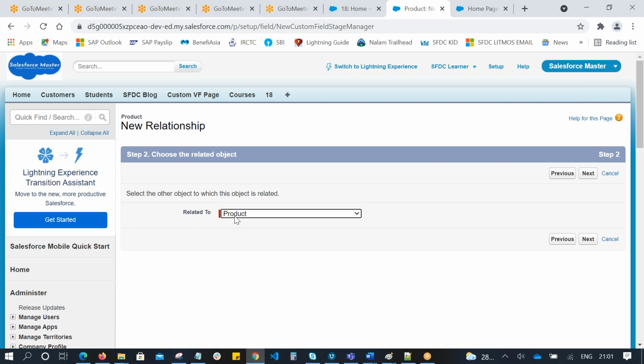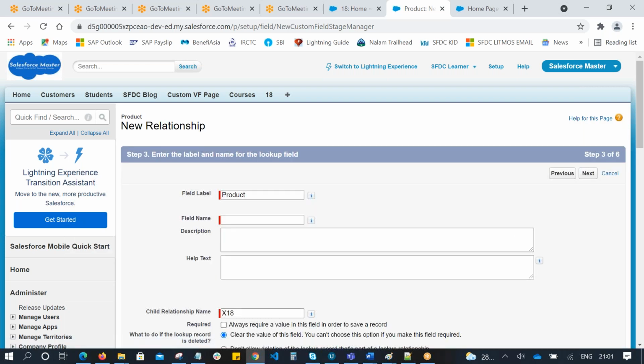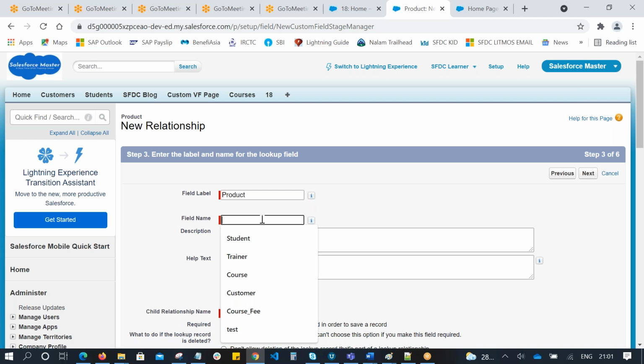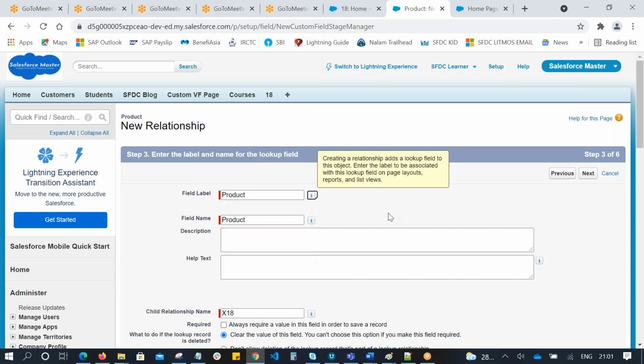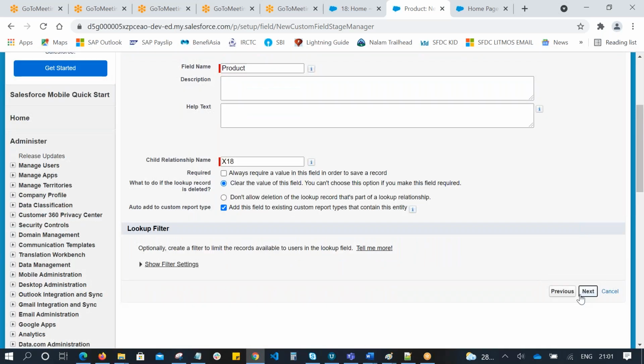There is a standard object already, the product standard object. The relationship name is X18, which changed automatically. Click on next.